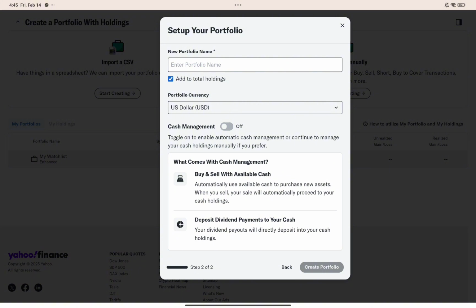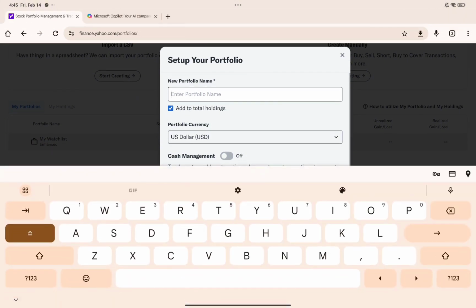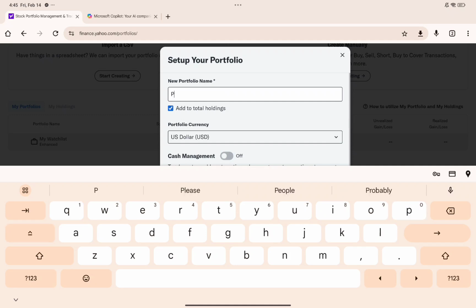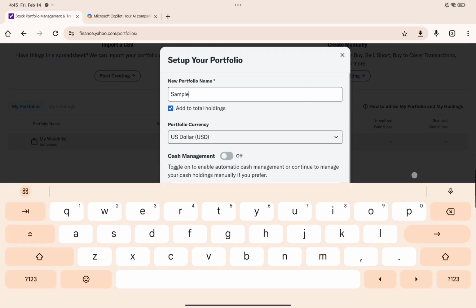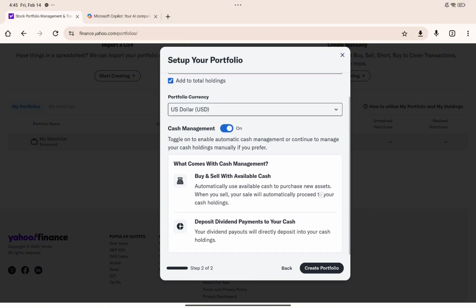Now on the next step, you just need to create a portfolio name, set your portfolio currency, and enable cash management if you prefer to enable it. After you name your portfolio, you can go ahead and set your portfolio currency. So as you can see in here, this portfolio currency would be the currency that your account will use for